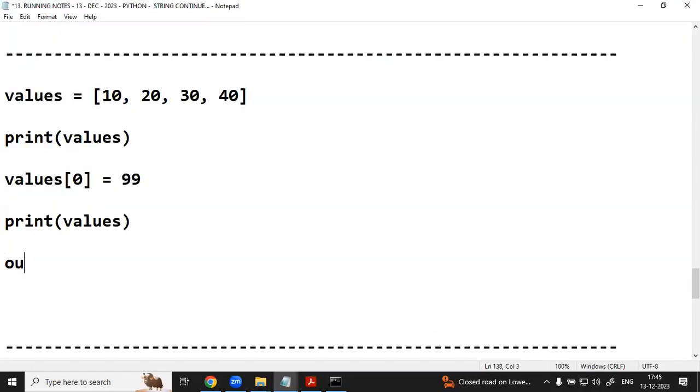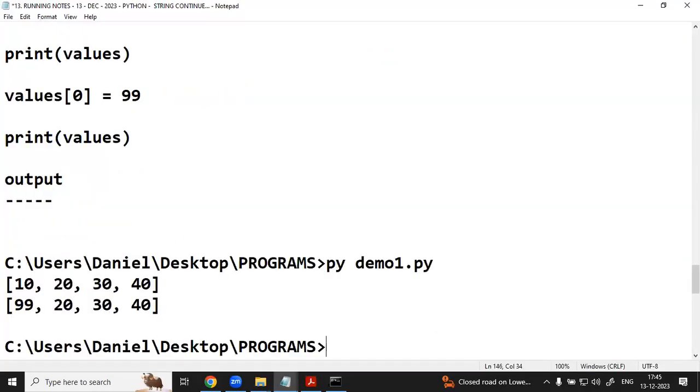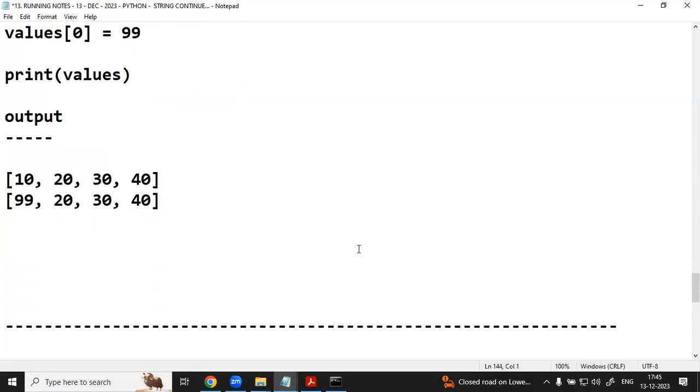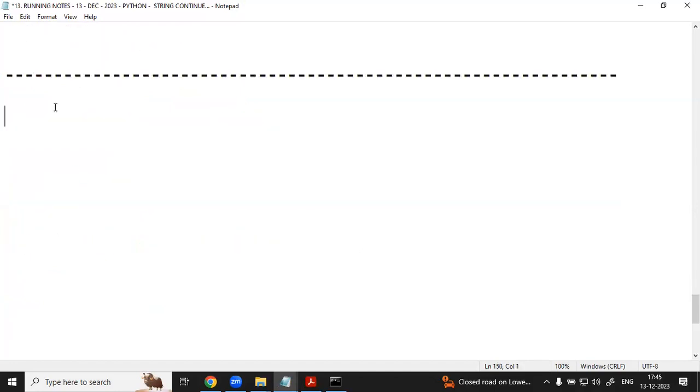This is the output actually. And the conclusion is, what is the conclusion? List having what nature, sir? Mutable nature. What nature actually? Mutable nature. Kindly please remember this point. Now let me prove